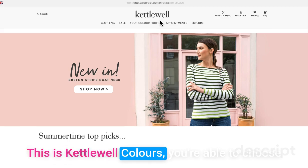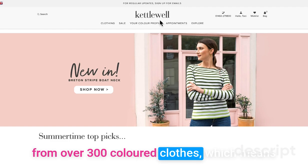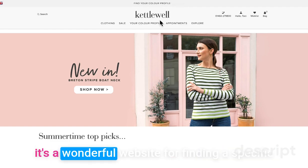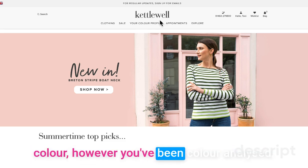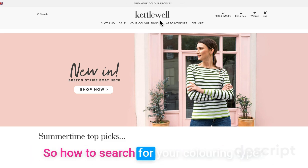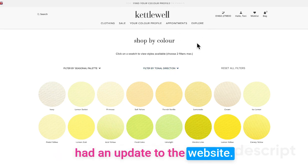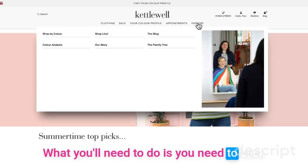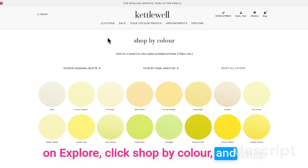This is Kettlewell Colours. You're able to choose from over 300 coloured cloths, which means it's a wonderful website for finding a specific colour, however you've been colour analysed. So, how to search for your colouring type. I've covered it previously, but they've had an update to the website. What you'll need to do is click on Explore, click Shop by colour, and what you'll see